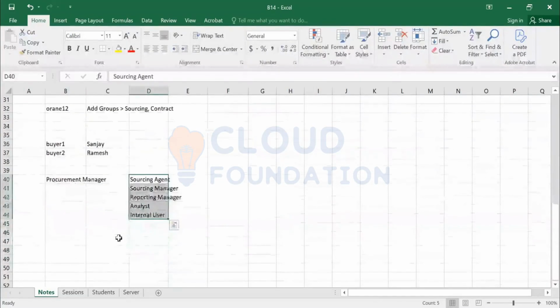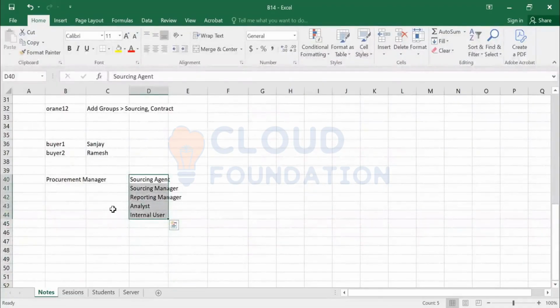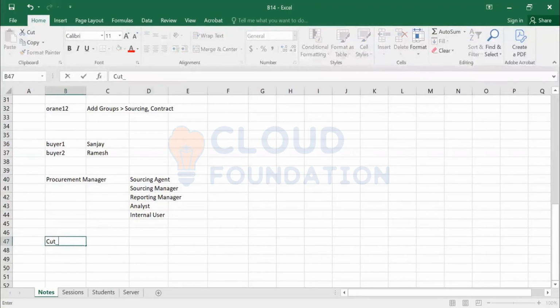Suppose I have very frequent changes in my organization, and I have 20 procurement managers. Either I have to go to that particular role and add all the people, or I go to each individual user and add the role. Instead of that, you can create a custom group called procurement manager. Most of the components will follow CUS underscore procurement manager, which will identify that this is a custom group. Or, if you don't like this name,